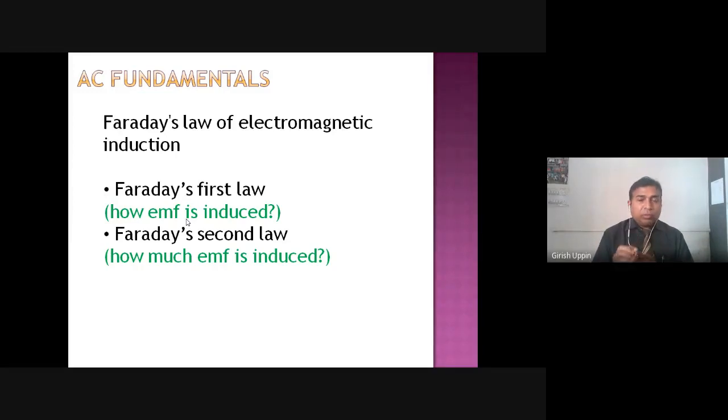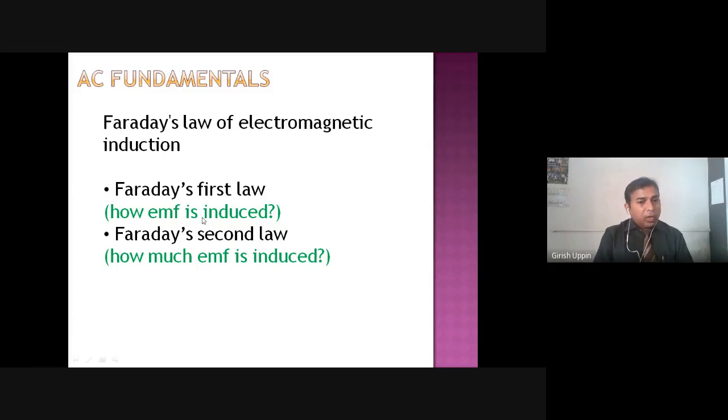So you have to remember, this is the principle that is used in all electricity generation. Any kind of power plant, hydropower or thermal, the generator that is being used works on Faraday's first law. What they do is move the conductor inside a magnetic field. It has to be done in a proper direction and so on. Once you do that, EMF is induced, and that is the principle used in all electricity generation.